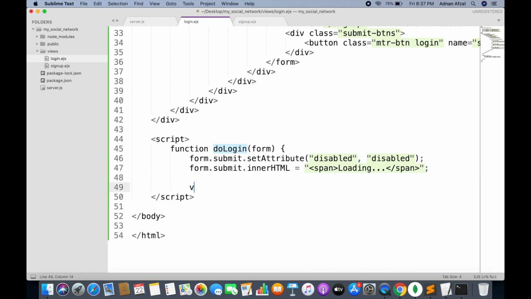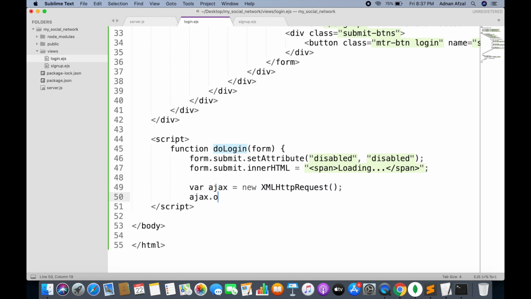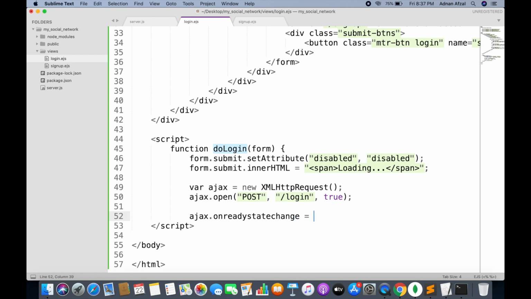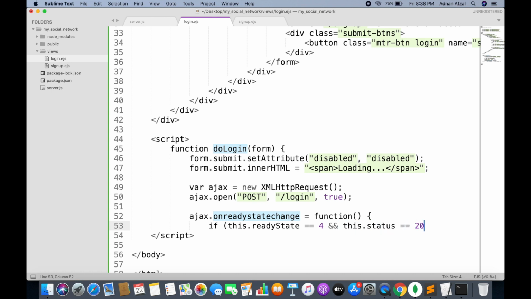And then we are creating an AJAX object. We will set the AJAX type to post and the route to login, and it will be asynchronous. When the response is received from the server, we will have ready state 4 and status 200. When the response is received, we will remove the disabled attribute from the submit button.